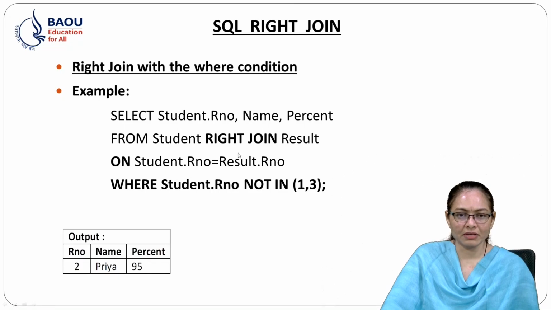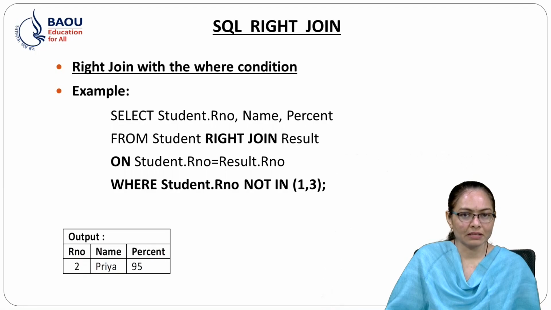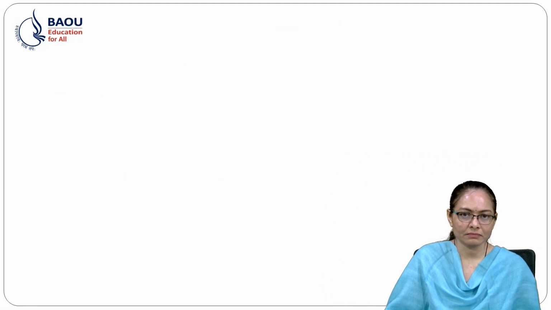If we use a third table, the exam table, how can we write it? Here we use the AND operator, and student.roll_number is equal to exam.roll_number. So all the tables are joined using the common column, and then we write the where condition. If we need particular data, then we use the where condition.